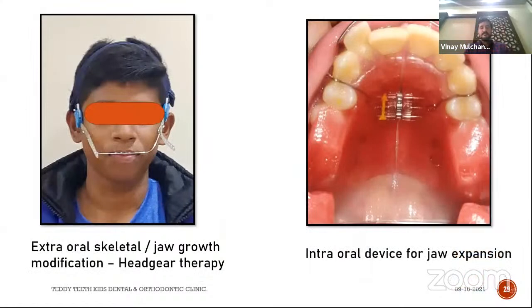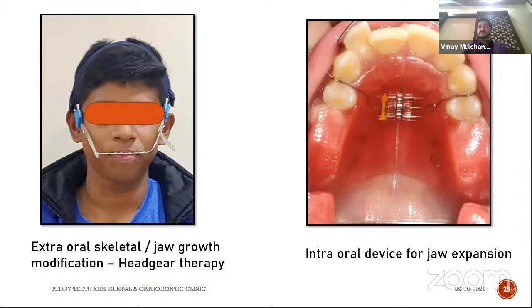An orthopedic appliance like a headgear, which is an extraoral appliance for jaw growth modification. And the picture on the right is an intraoral device for jaw expansion. Now, this is used with the mechanics of opening the mid-palatine suture, and it applies slow forces, where gradual slow forces in the right manner are applied so that we correct the maxillary deficiency. We can expand the jaw, but again, this all has to be employed before the growth